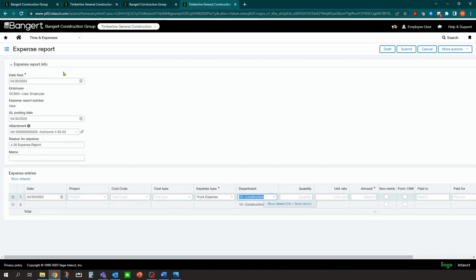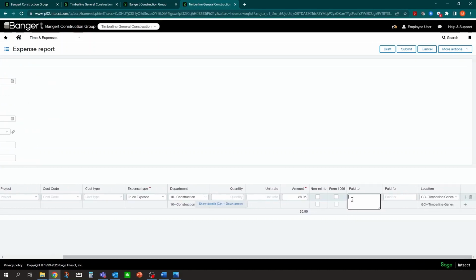So when you're creating your workflow for expenses, you can turn on and off what the employee can and can't see and enter into. So in this case, I can put it in as a quantity if I have a quantity like mileage, or I can skip the quantity in the unit rate and I can just say amount. It was 35.95. Okay. Then you have some optional fields, and we saw this in configuration. Do you want to make sure they put in who they paid it to and who they paid it for?